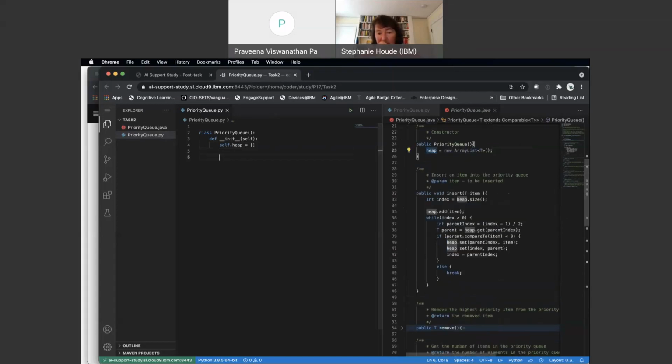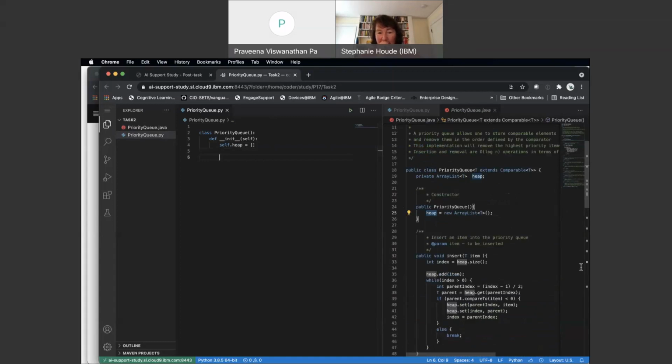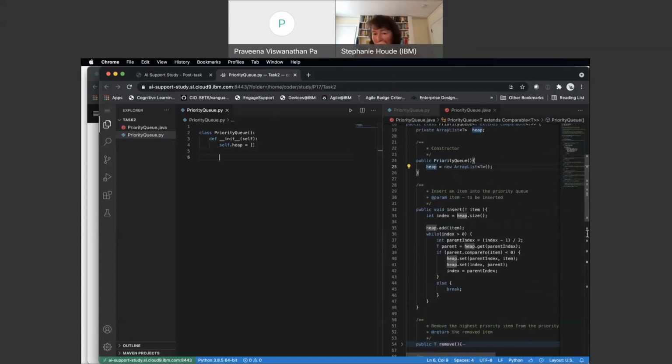So what is this? This is an array list. So I'm going through an array list getting the size, that is 0. So you're adding this while index is greater than 0, if the parent index is divided by 2, parent equals 0, parent equals, so,